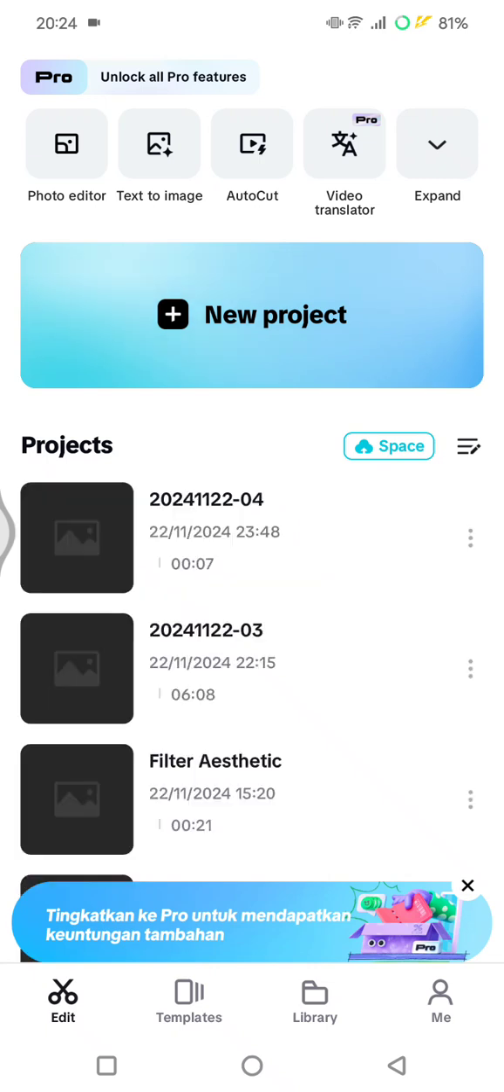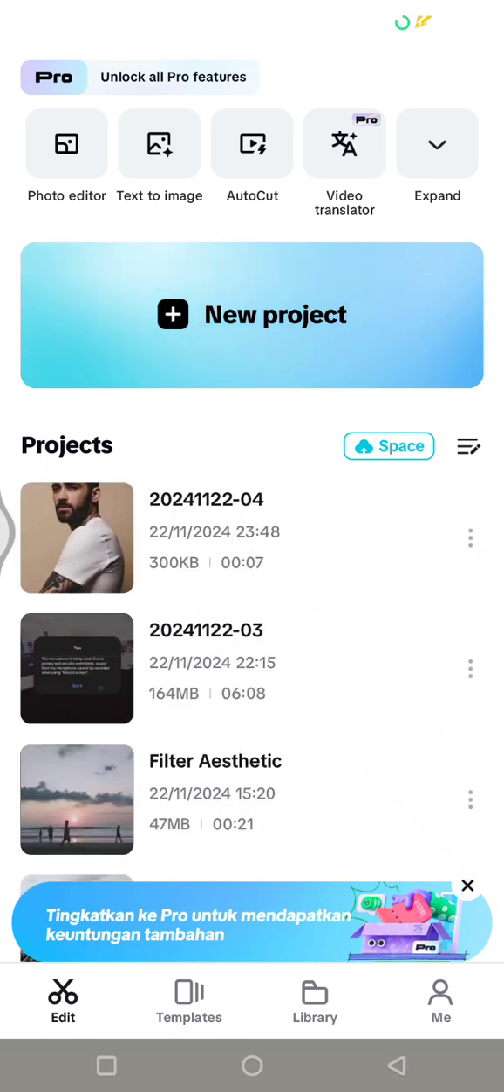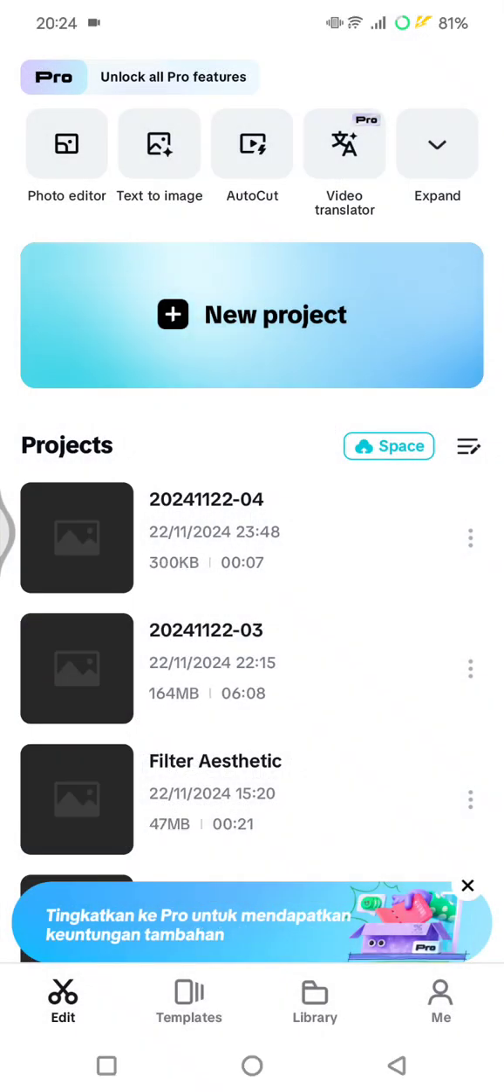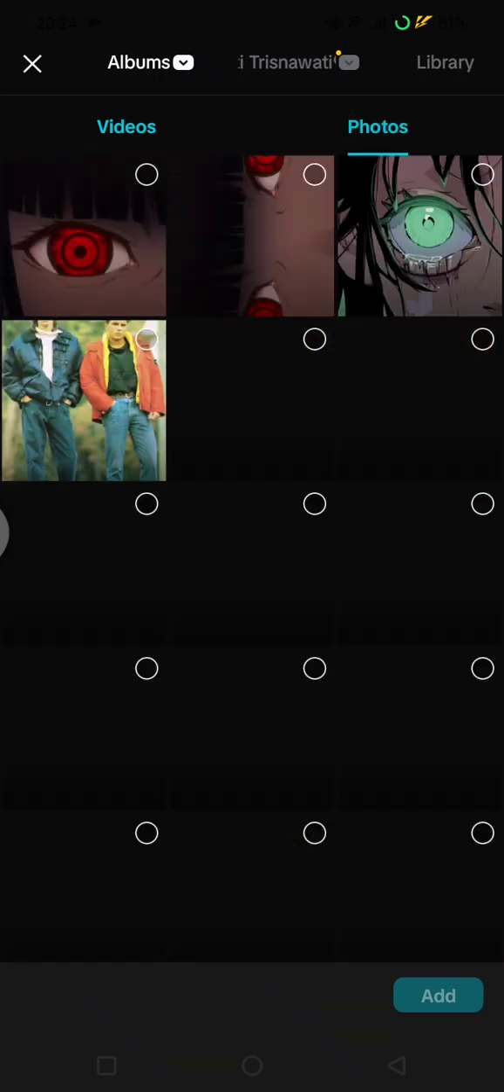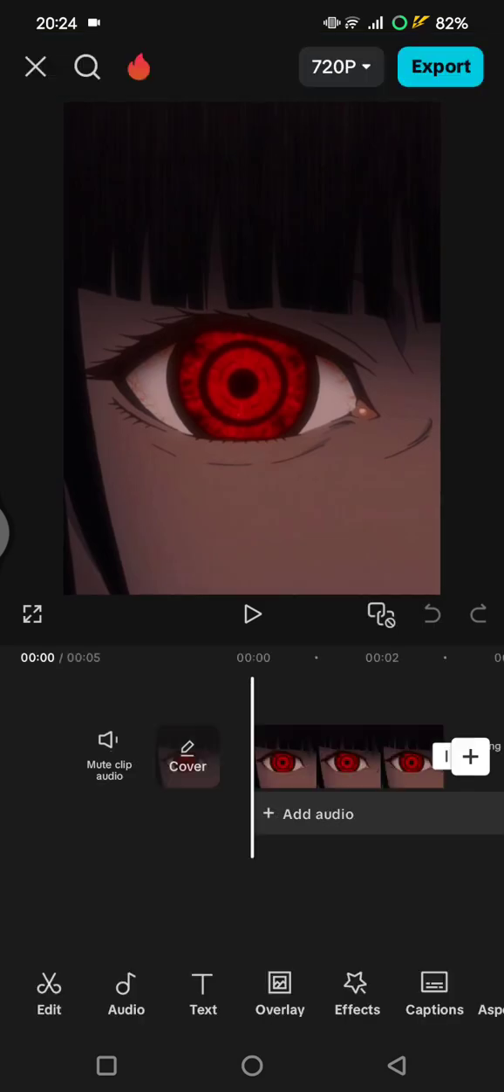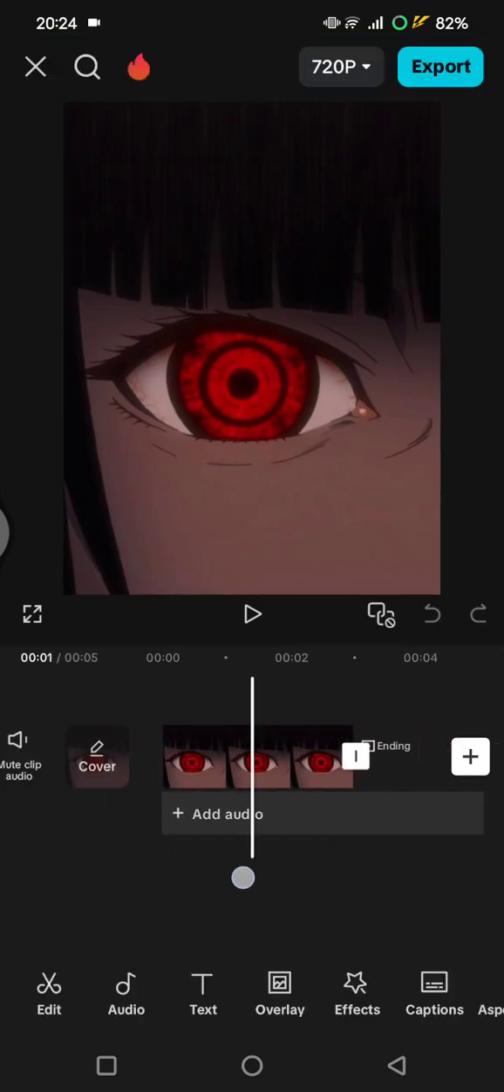Okay, so now you can just start a new project and then choose the photo or video that you want to change its eye color. So here I'm going to use this photo right here. You can tap on add, and then after you add the photo or video,